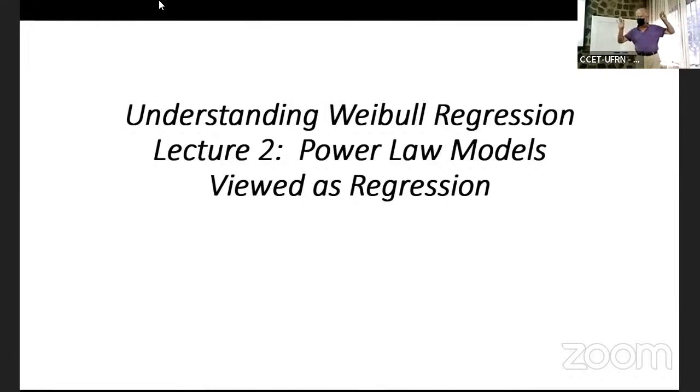So far, so good? Are we understanding from where I'm coming? This is going to look like simple linear regression, and it's good to interpret it that way. The reliability engineers have no idea we're talking about simple linear regression. For them, simple linear regression would be to predict the time. And they say, I don't care about the time, I care about the probability of failure at that time.